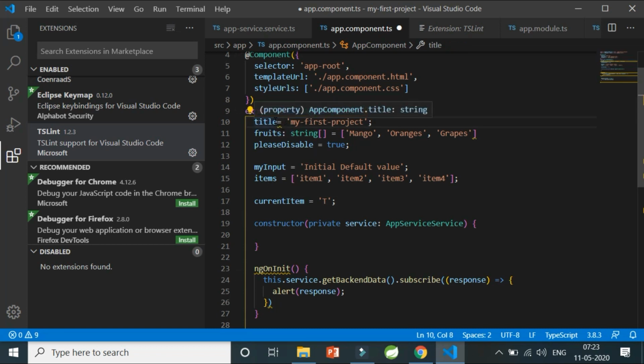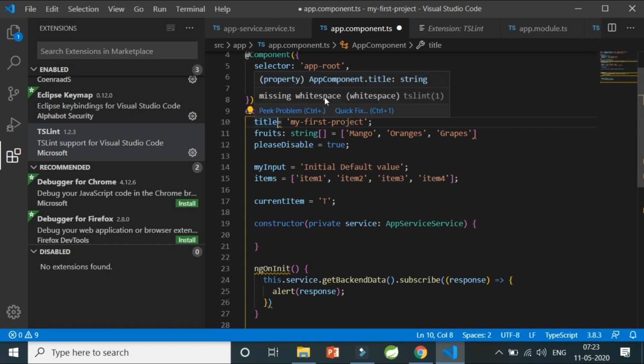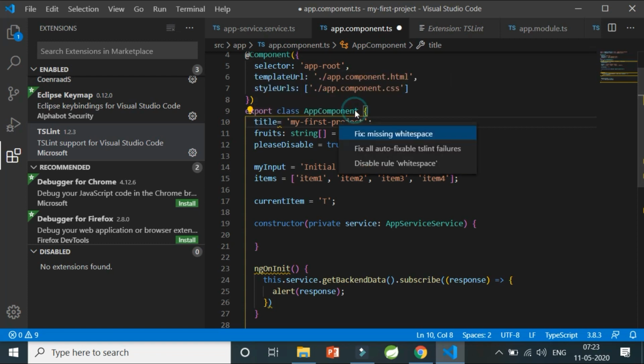And what warning does it give? It says that you have missed a white space here, and a quick fix is always available. With a quick fix you will automatically fix this by clicking on the missing white spaces. So this is how your TSLint works. It will remove all your issues which give you maintainability or readability problems. So this was all about TSLint. If you have issues with these two, because I've already covered them, please let me know in the comment section.